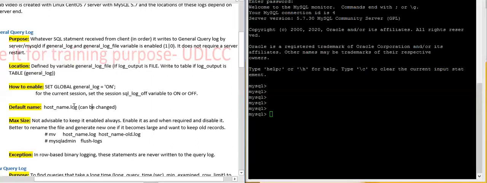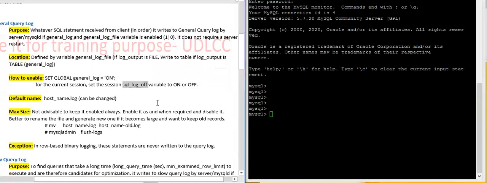How can you enable it? First, you can enable it with set global general_log equal to on. And for the current session, if you want to turn logging on or off for a particular statement, you can use the variable sql_log_off.